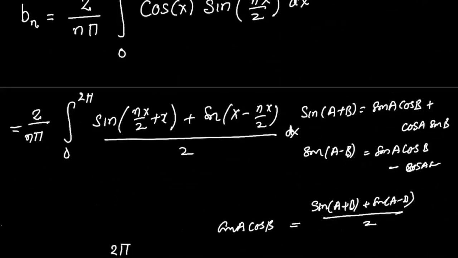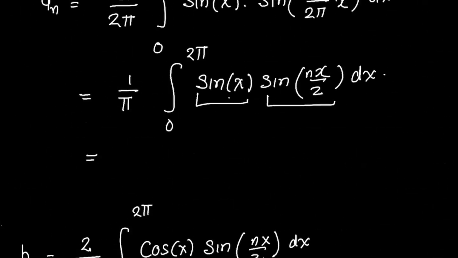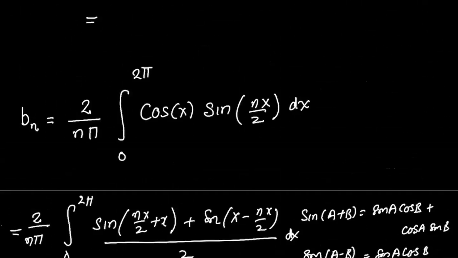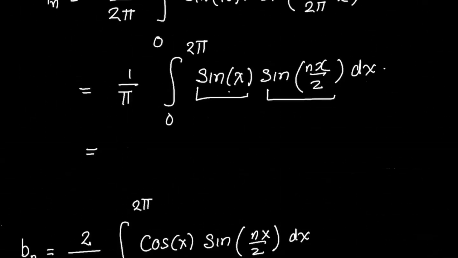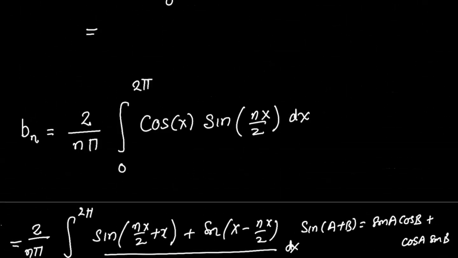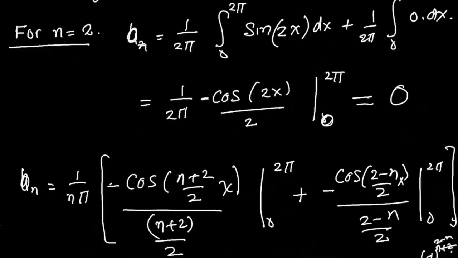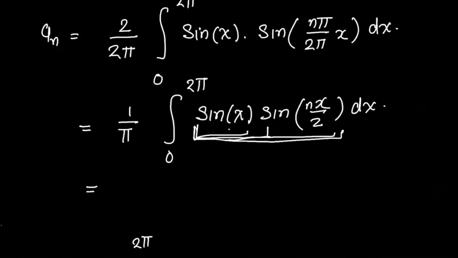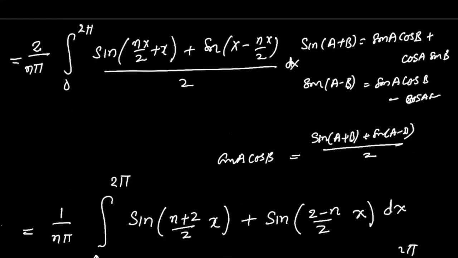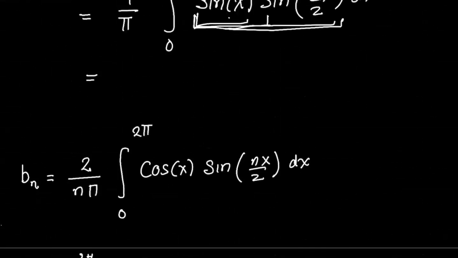And you can calculate AN also, because here you have sine A cos B, but there you have sine A sine B. This is a different formula. Here you're going to have only n is equal to 2, 0, because here you have many n equal to 0. So that's why there are more coefficients here, but there maybe you have only a few to 1. So this integration is a bit easier than the one I did. But all you can do is the one other thing you could have done